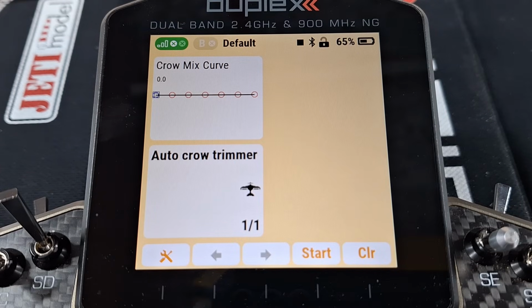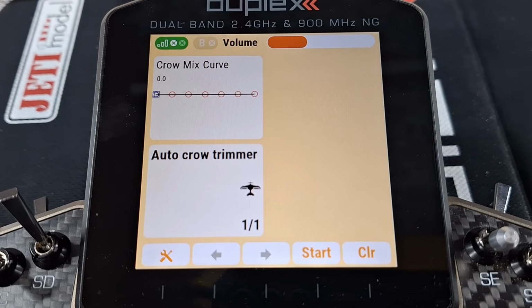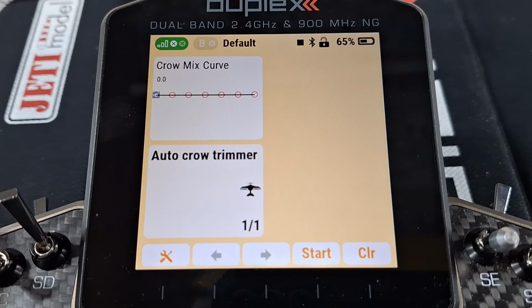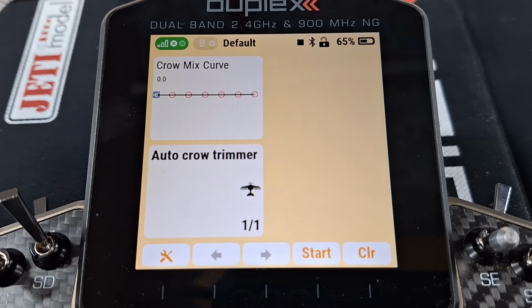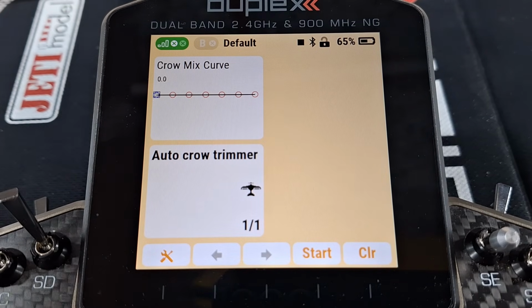Autocrow. Now, you cannot switch that warning off. It is built into the app, and it's very important because once this is active, and if your crow is partly open, any movement of the elevator stick will retrim the elevator at that point of the crow. You switch it off, the warning stops. So it warns you then, once you've done your setup fly past, switch the thing off, because if you have a bit of crow open whilst you start into a turn or whatever, it's going to retrim